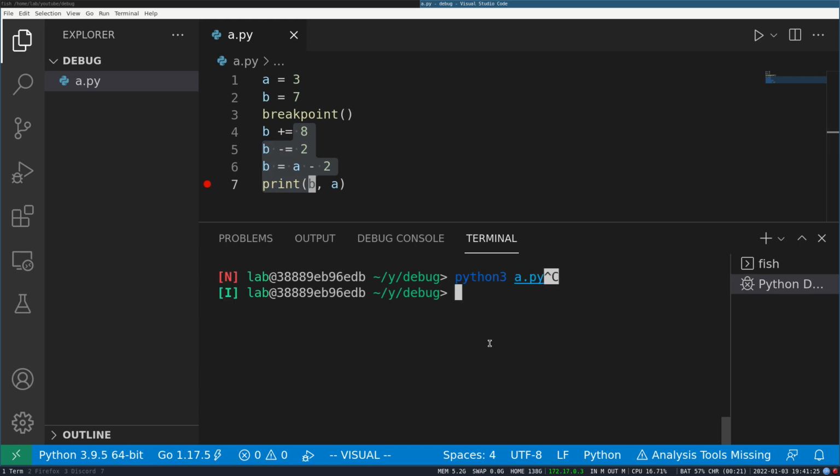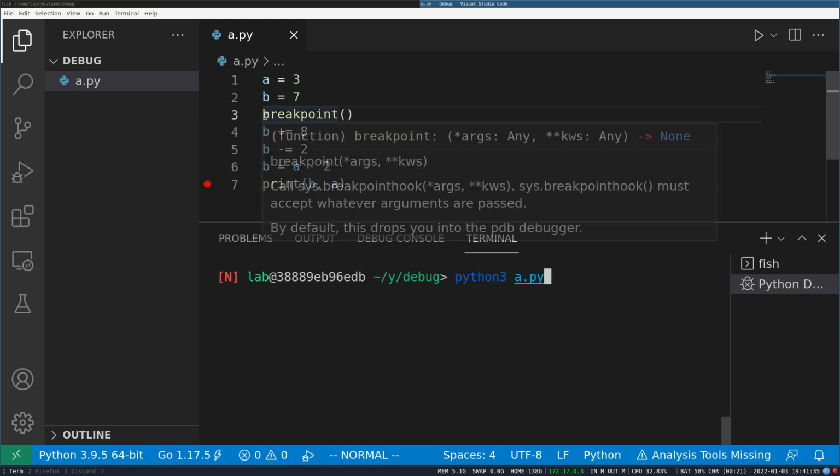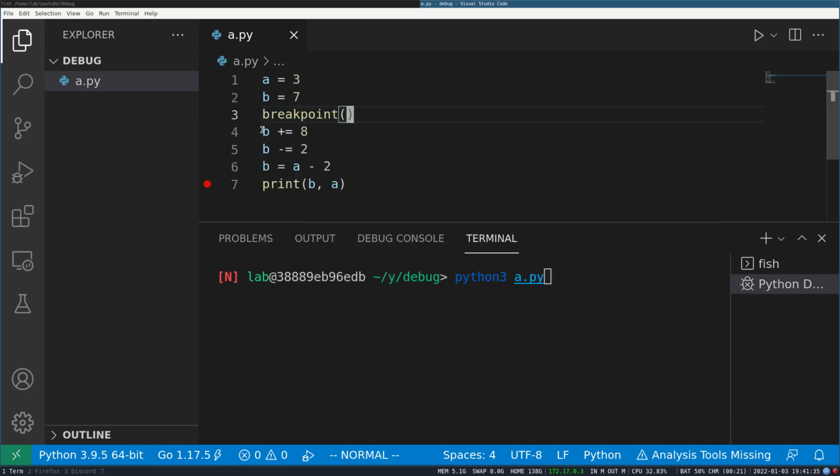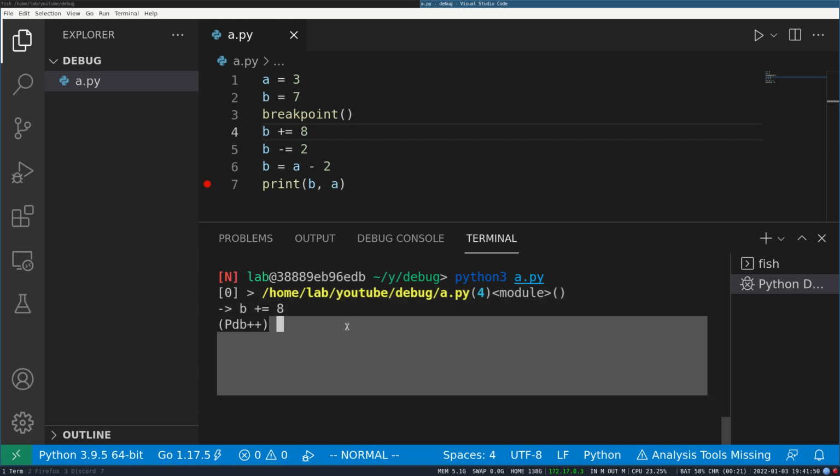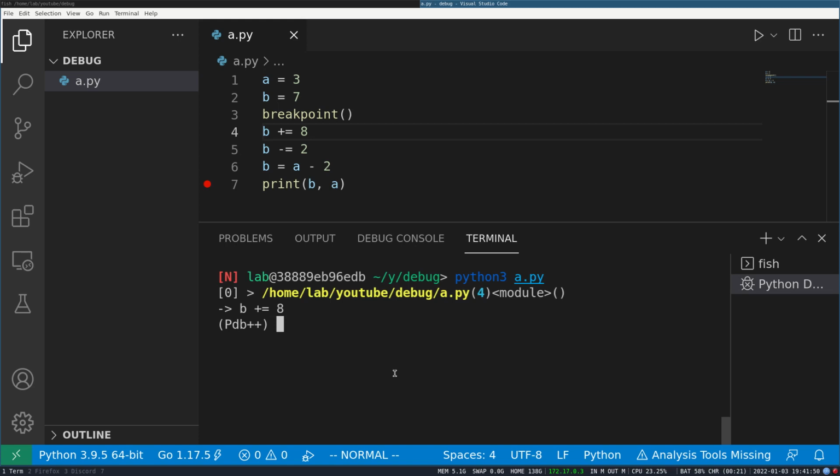Now you will see that there is a difference: as soon as you call the breakpoint function, Python will stop there. So Python will stop on the line after line 3, so it won't execute line 4. And let me show you that. So as I ran this, I got this REPL, and here I can use some commands.